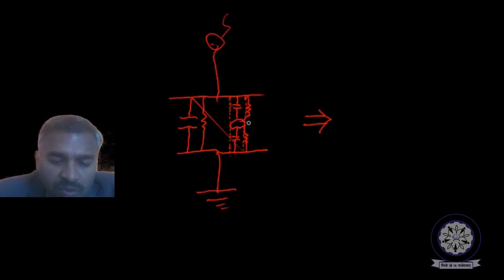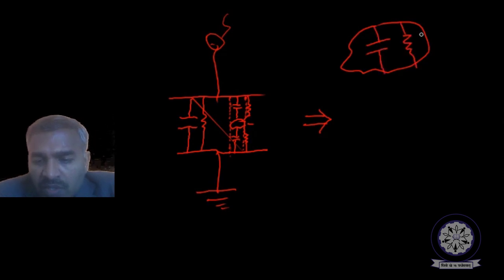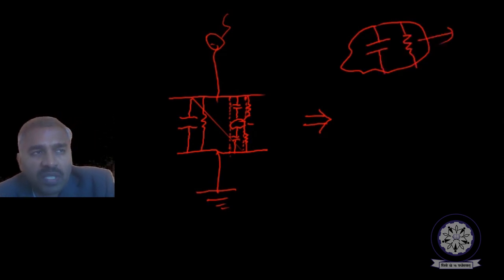And the void also, you can represent by a capacitor and a resistor. This resistor represents the loss through the dielectric,